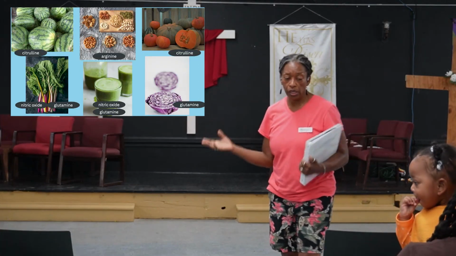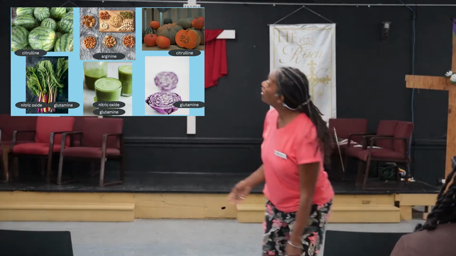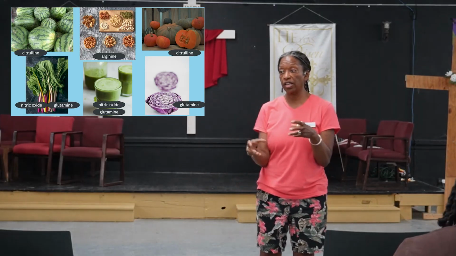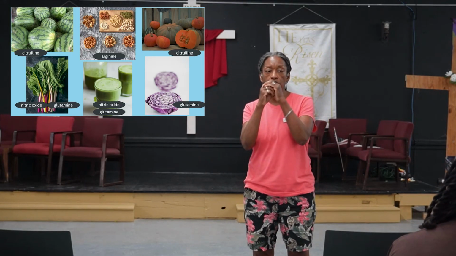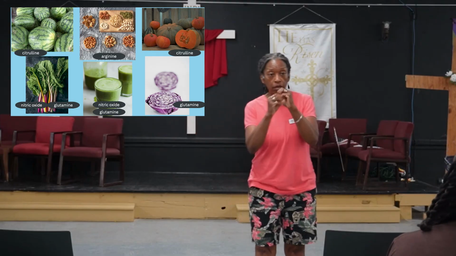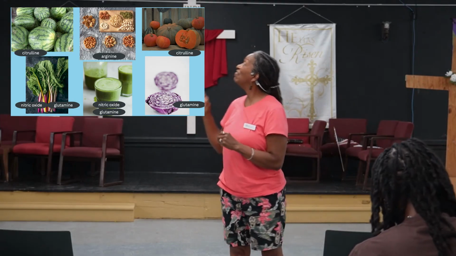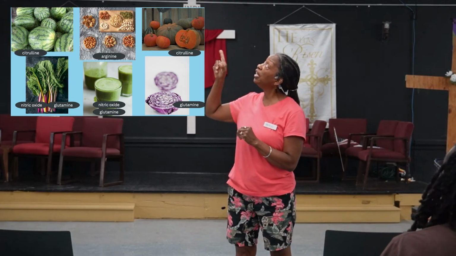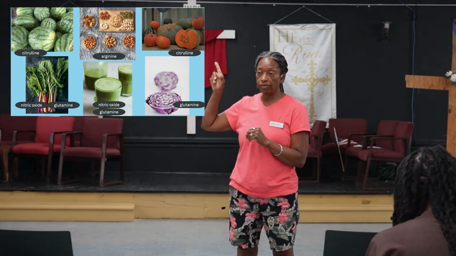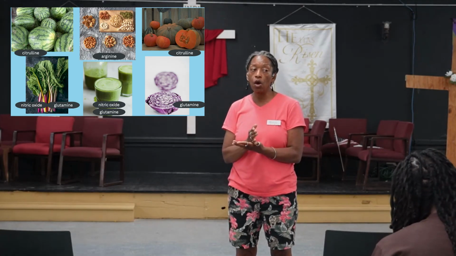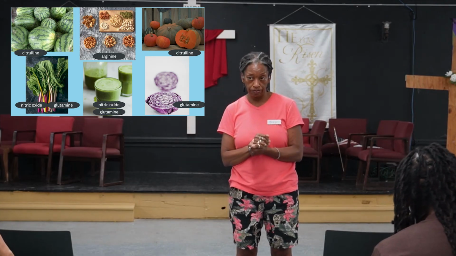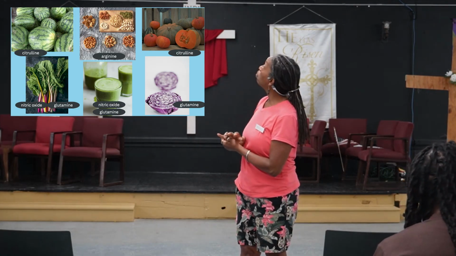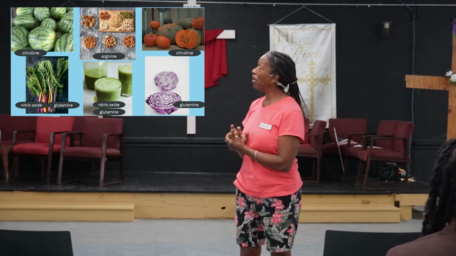So citrulline is an amino acid that helps form nitric oxide, like I said before. So it's going to help give the building blocks so that your blood vessels can be flexible, right? Anyway, citrulline is available in watermelon. We have today a watermelon and cucumber salad with lime and a little bit of salt. That's one of the recipes, and that's what you're going to make in the backyard.